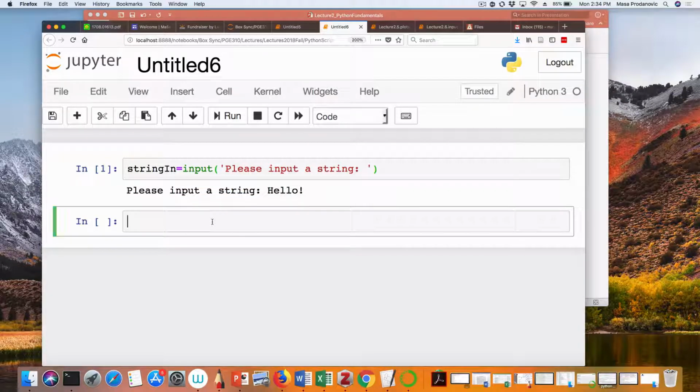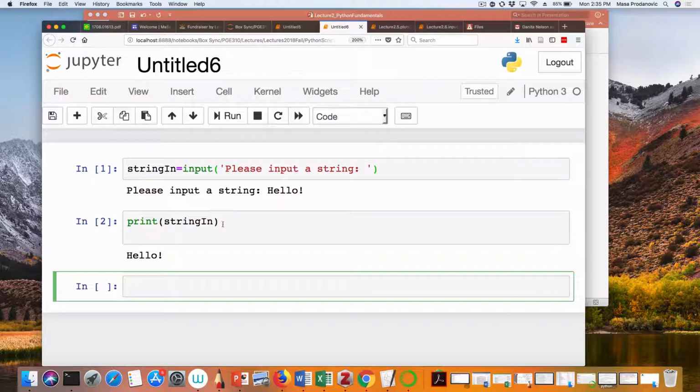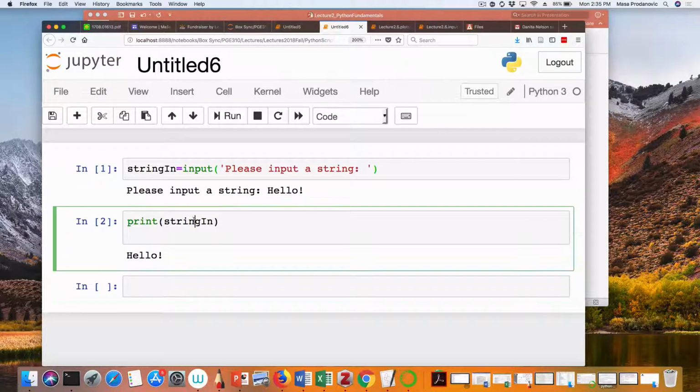If I now wanted to check whether this was correctly stored, I can print this string. This is what we've done already. Any variable I have, I could just print. So cool, it got recorded correctly. Now, if I really wanted to communicate with my user a little better, do a little customer service here, then I say the string you entered